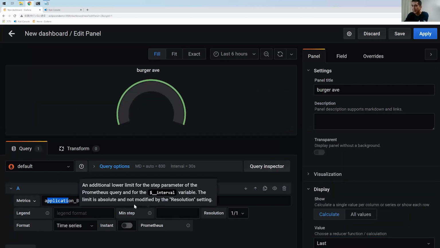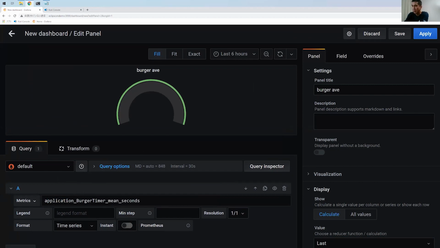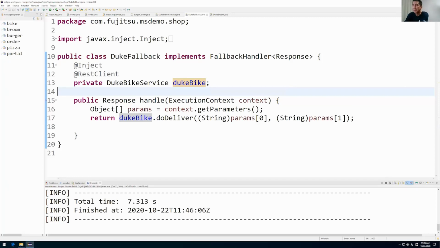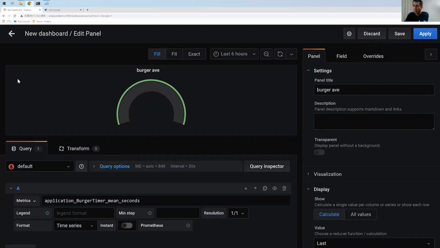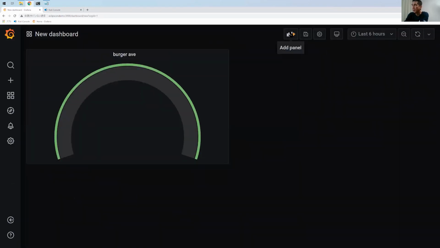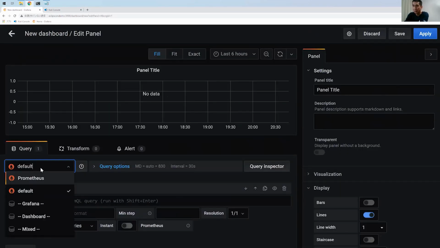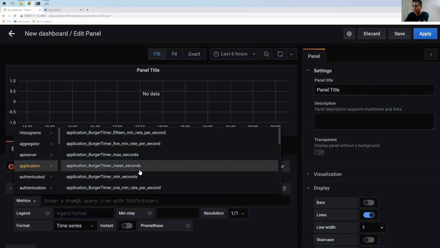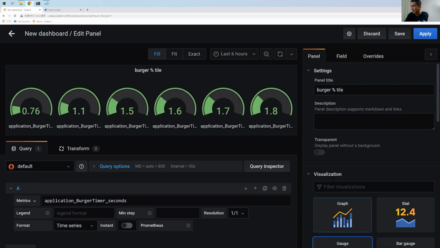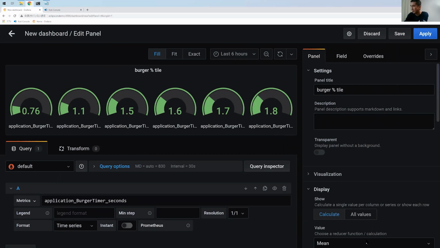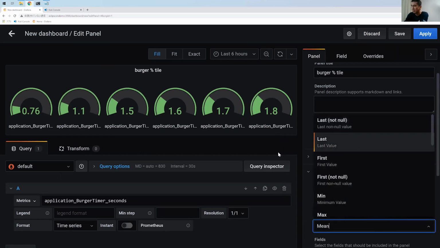This metric I created in the application here. And one more metric, application and burger timer seconds. This is percentile information. Set gauge and plus value.